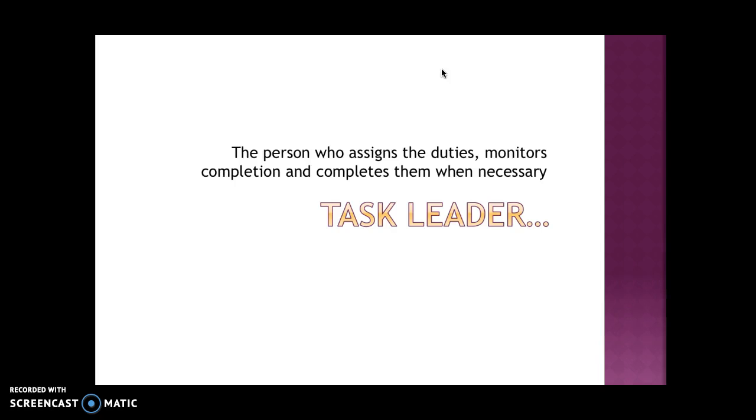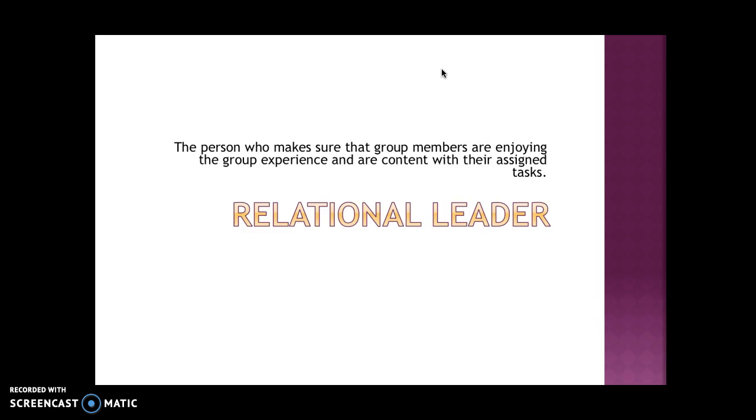So, of course, there are leaders, the person who assigns the duties, and the buck stops with this person: the task leader. Generally, in my experience, this person is the one who cares most about his or her grade. And they're not going to let their group ruin their GPA. So these are the people that if you assign something and say, hey, I need all the information by 11 o'clock tomorrow night, and at 11:15 only one group member has done it, this person often does it him or herself, which is not the goal of a group project, but is often what happens when we divide and conquer tasks. So this person is most concerned with task completion,